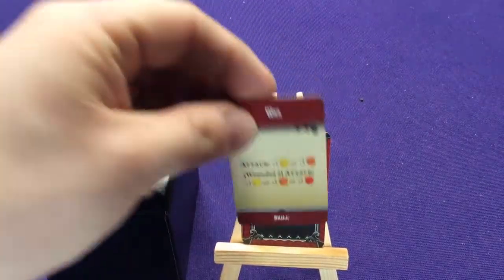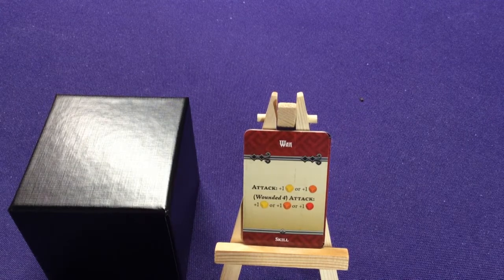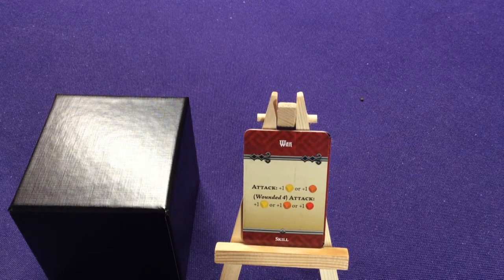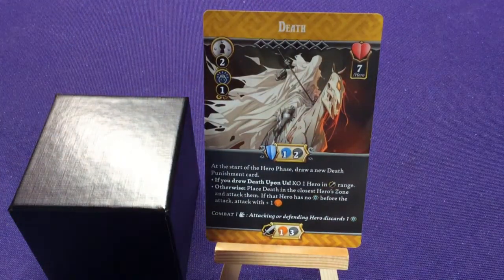What's also neat when you're playing the campaign, if you beat one of the horsemen, you gain one of their skills. So one of your players can gain the war skill, which gets you 1 extra attack with plus 1 yellow or orange dice, or you can wound yourself for 4 to gain 1 yellow, orange, or red die. Yeah, so it's kind of fun. You get an extra skill for beating these guys, which again can make a campaign interesting. Alright, up next we have Death,